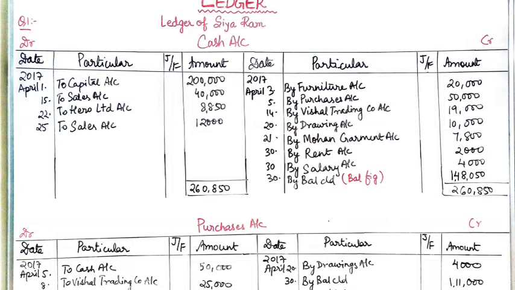Now we need to find out that the debit side should be equal to the credit side and find out which side is short. As per this cash account, the debit side total is 2,60,850, which is greater when compared to the by side. So the balancing figure, when we deduct the remaining balances of the by side from 2,60,850, we get 1,48,050 rupees. That is the balancing figure. As I told earlier, we have to record it by balance c/d, by balance carried down, and it will be posted on the last day of the month, that is 30 April.